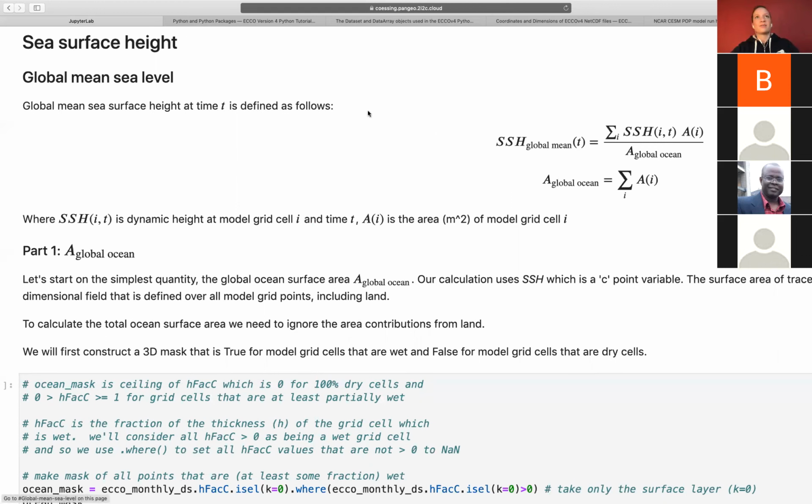So here's where we can see one of the benefits of notebooks. We can put our mathematical equations right in line with our code, as well as this write-up. And so here we see that it gives us the equation for the global mean of SSH, which is sea surface height, as a function of time. And so we want to sum over all of the SSH values, multiply by A, which says here is the area, and then divide by the total global area,